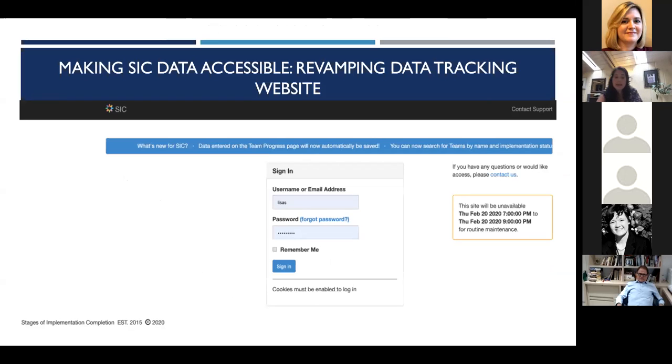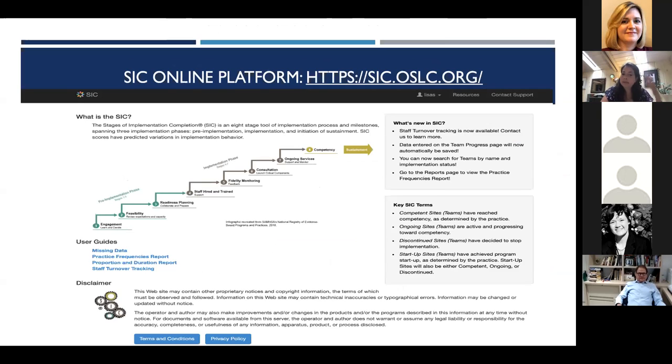But first things first is, how do we get this information easily accessible to them? So we had our SIG data tracking website, which was, again, an online web tool. And what we wanted to do is, how could we change the features or create some interactive features to make this, again, accessible for our purveyor groups? So first thing, we've got our resource page. And so we have explanations of what the SIG is. We have our different user guides. We have different modules, and we keep updating, right? We keep increasing features to make this more user-friendly based on the feedback that we are receiving from our purveyors.